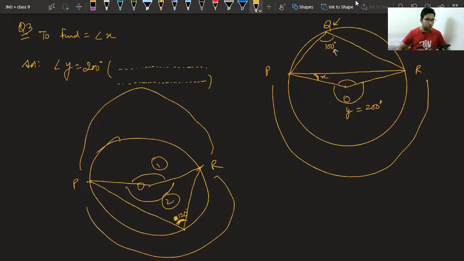Angle 1. Now you got this. The reason is because this is the arc for which this point is lying on the remaining part. Right? This is the reason. Similarly, if this angle is